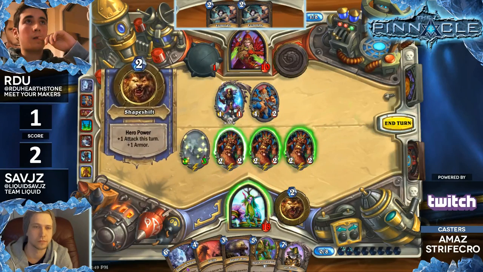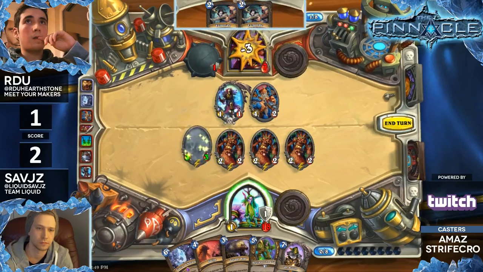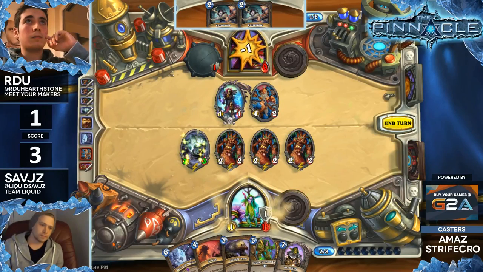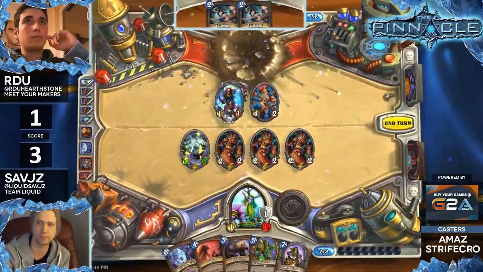Right, and there we go. Force of Nature is going to do it with the hero power. Savjz is going to be the first player to win 1-0 in this bracket, and RDU is going to fall to the losers bracket, where he has one more chance to stay in this competition. So congratulations goes to